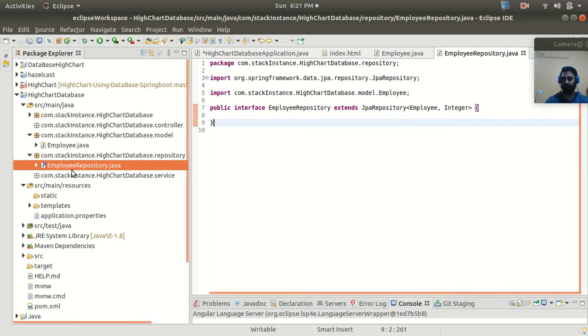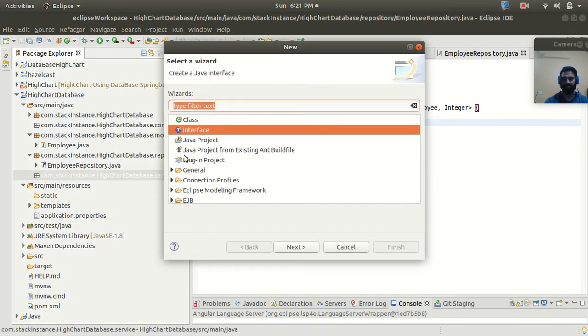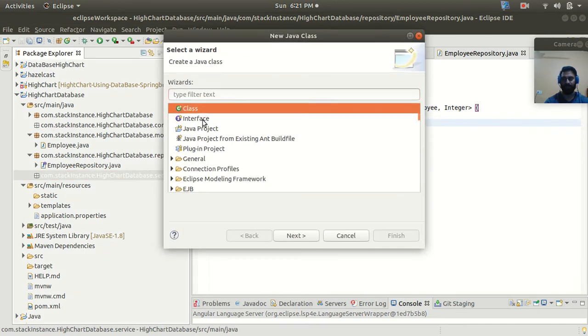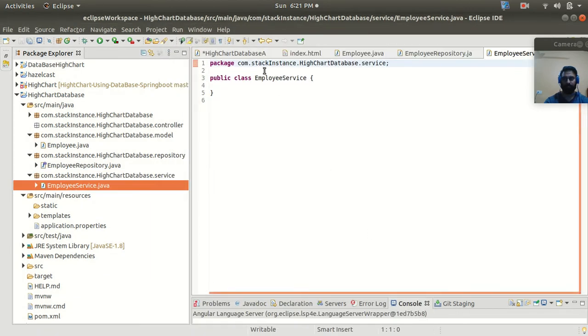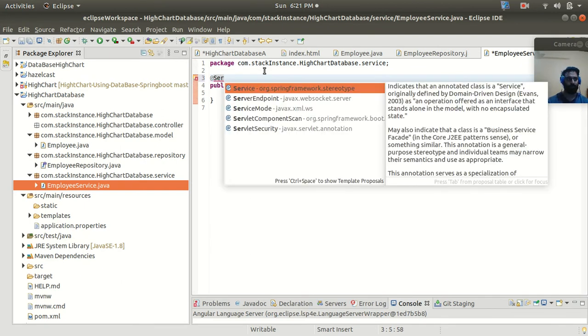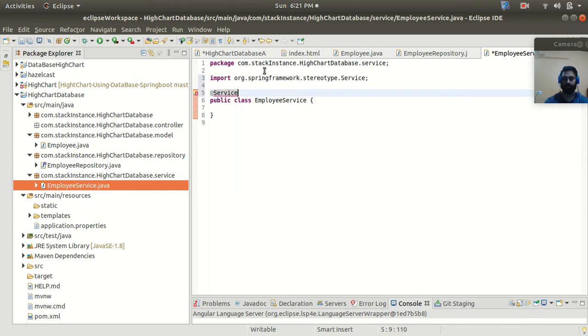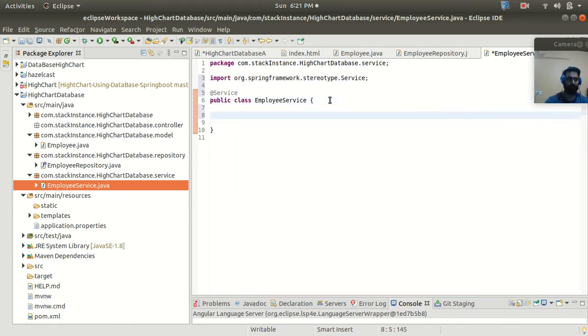Now I am going to add the service layer. So for that, let's create one service class inside my service package with the name EmployeeService. So let's mark this with the service annotation to make this a service layer.